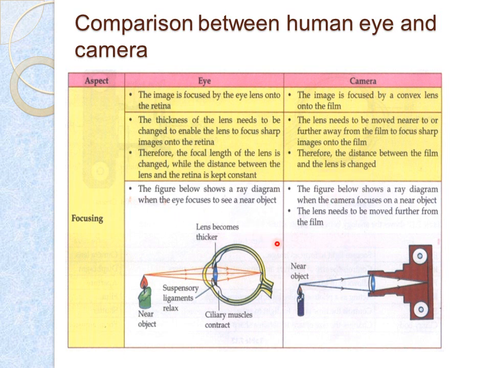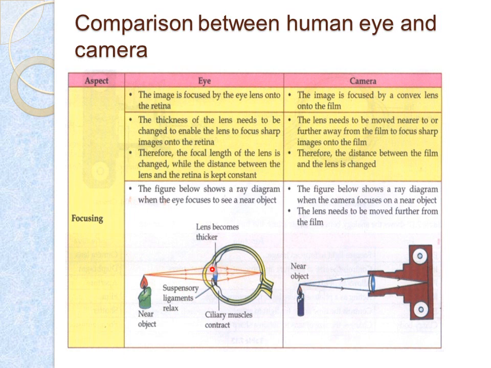Now we can see with the help of a figure how the eye focuses the image of an object on the retina in the fovea centralis region, and how the camera is focusing. The lens is moved further from the film to focus this near object.